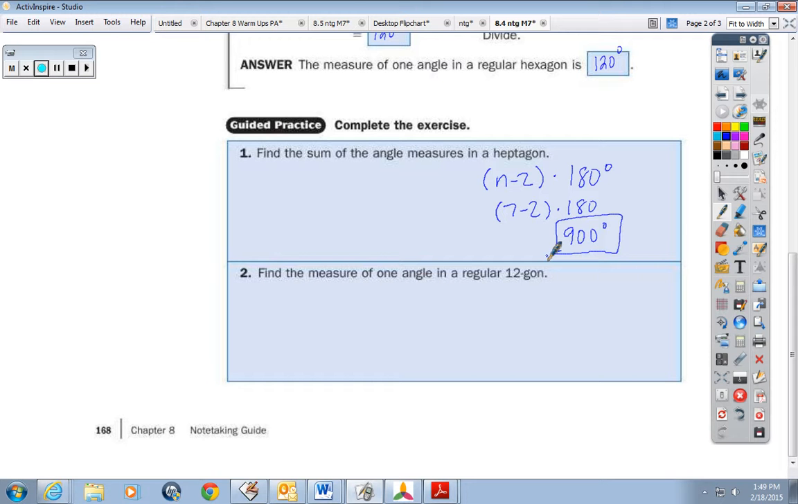Now, it asks me in number 2, and in this case it has to be a regular polygon, they all have to be equal, to find the measure of just one angle in a regular 12-gon. No name for 12-gon, okay? If I wanted to find the one angle measure, which formula did I use? The top one or the bottom one? The bottom. So, which is